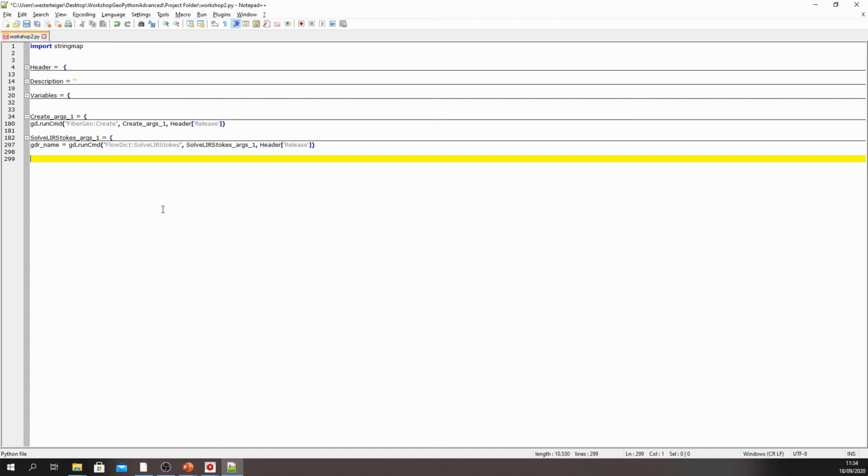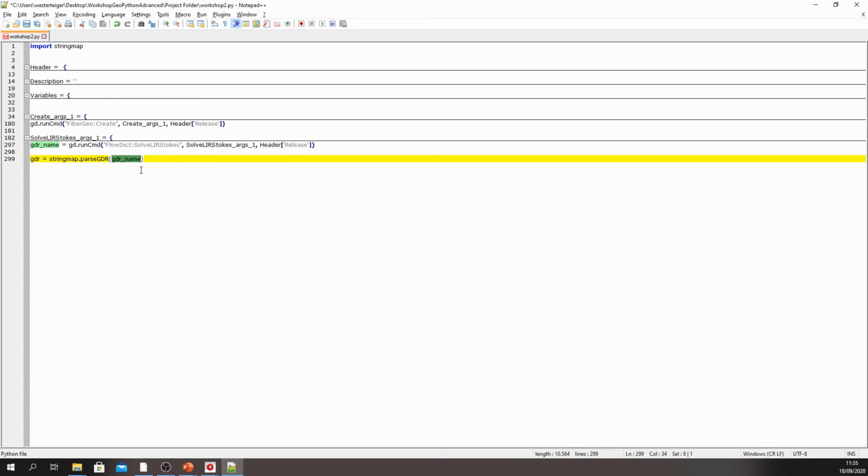Now what we do is gdr equals string map dot parse gdr, gdr_name. Note that capitalization is important here. What this does is it calls a function from the string map module, which is called parse gdr. And this function opens a given gdr file.